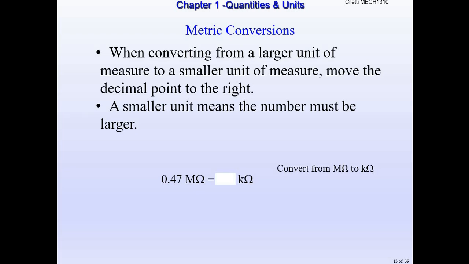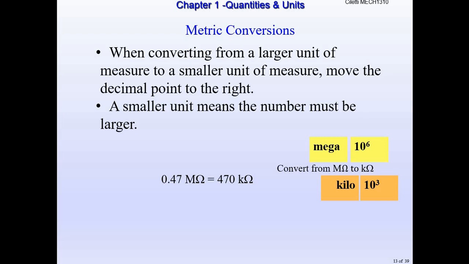So how far apart are those exponent-wise, right? Mega's 10 to the 6th, kilos 10 to the third. We should know that those are 3 apart. So we only have to move the decimal 3 places to get to kiloohms from megaohms. So when we do that, I take that decimal and move it 3 places to the right, and I get